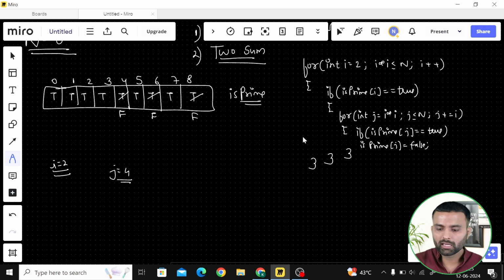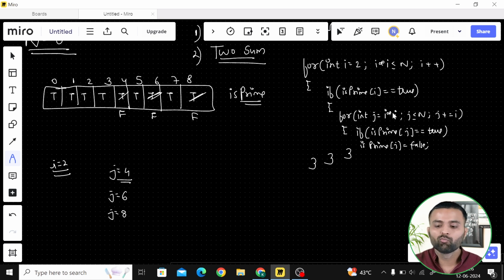I ask, is isPrime of j, meaning 4, true? Yes, it's true, so let's make it false, because it's not a prime number. Again, the inner loop runs, and now j is j plus i, where j is 4, so j plus i means 6. Again it's pointing to this, and we make it false. Again, j is j plus i, which is 8. Again, it's pointing to this and we make it false, right?